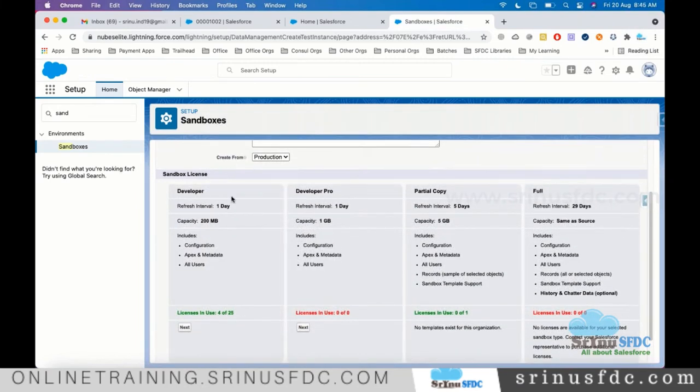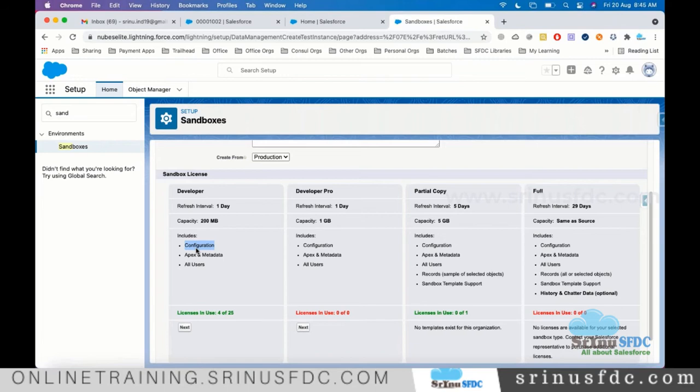It creates the test environment by copying the content from the production, right? So from production, what can it copy? All the configuration. Configuration means the application, the tabs, the object structure, the fields structure. So whatever is there, all those things will be copied, right? Applications, tabs, and objects.